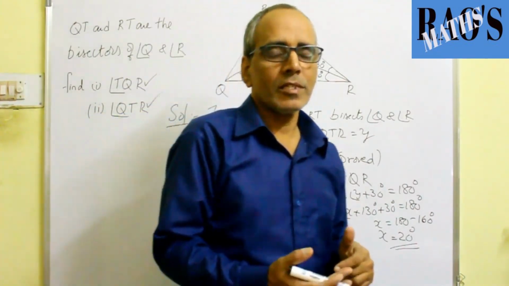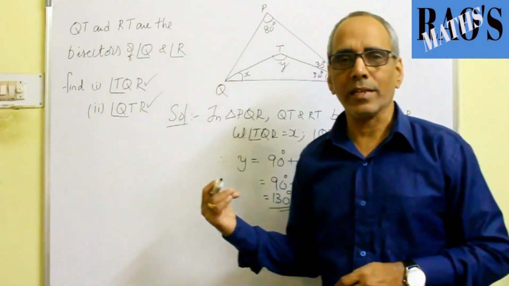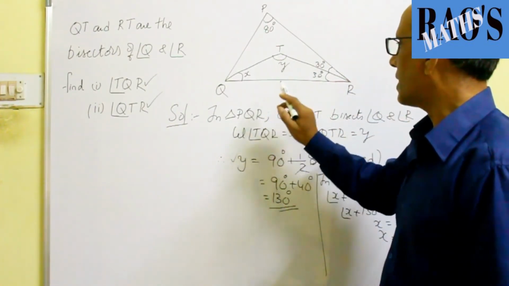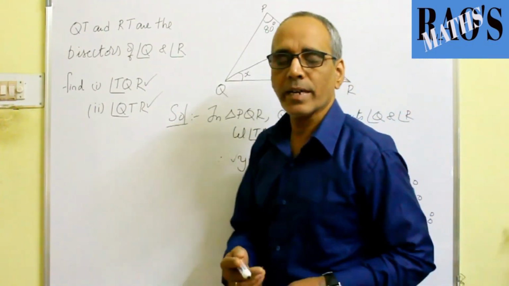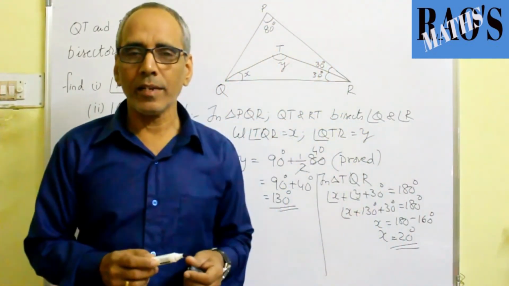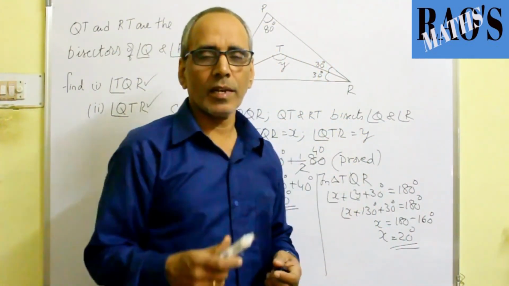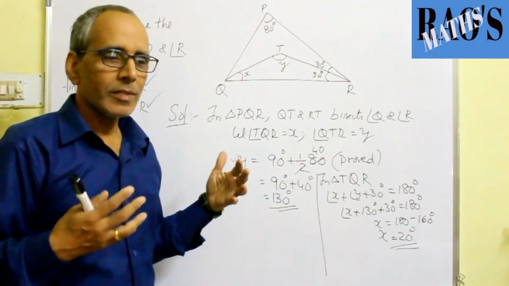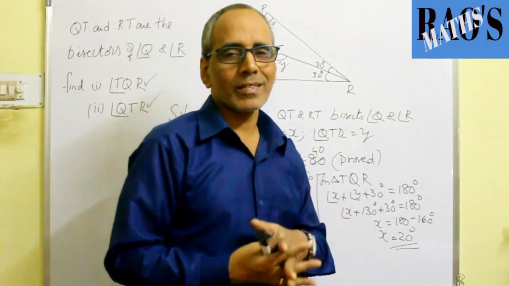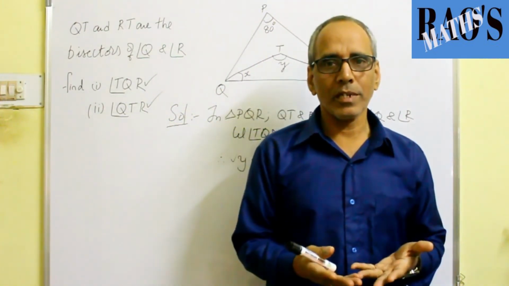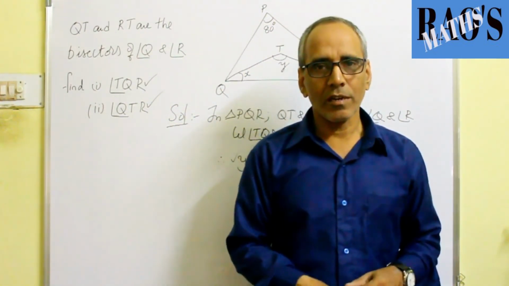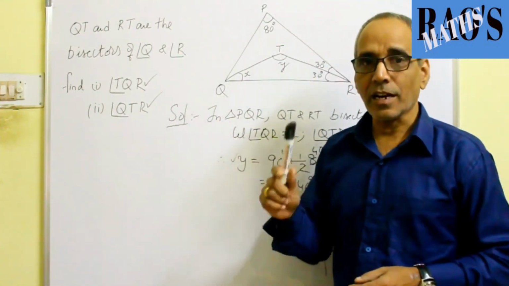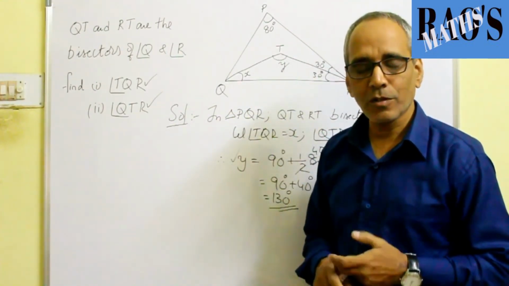By using the past concept, past knowledge, we solve this very easily. If you forget this concept, that the angle made by the bisectors of the base angles of the triangle is 90 plus half the vertical angle, you cannot solve this question either. So there is an interlink from the past to the present. So the past is very important. The past is the foundation of your present life. This question teaches us this concept. So don't forget the past.